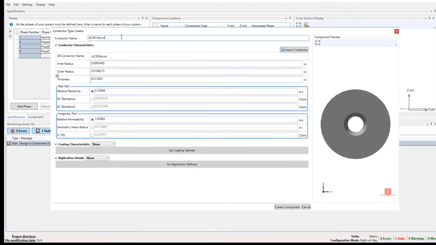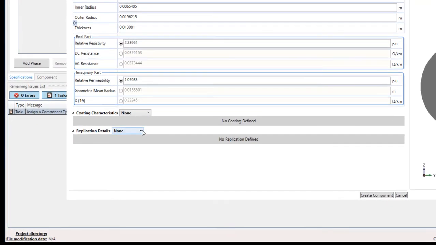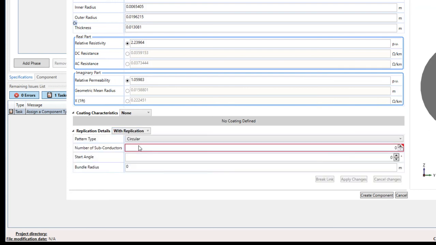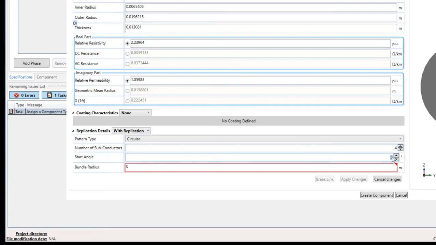Near the bottom of the Conductor Type Creator window, there's a Replication Details drop-down menu, which is set to none by default. But in order to finish defining our conductor bundle, we need to select the With Replication option. And doing this will bring up several fields. The first field is Pattern Type, for which we'll keep the default value of circular. In the next field, Number of Subconductors, we specify a value of 4. And then for start angle, we enter a value of 45 degrees. The fourth and last field is bundle radius, and for this we enter a value of 0.3182 meters,